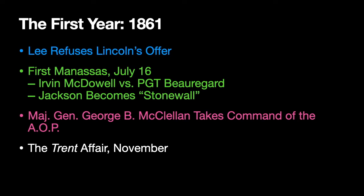for that particular cause. Now, that didn't keep them from selling munitions, from selling ships and weapons to the South throughout the war. But if there was one event that might have brought the British into the war, it was this thing called the Trent Affair. What happened, short version of the Trent Affair, was that two Confederate diplomats had been picked up by the British ship Trent, and they were going to Britain, perhaps to negotiate some deals. A Union warship stopped, on the high seas, stopped the British ship Trent, boarded it, and captured these two Confederate